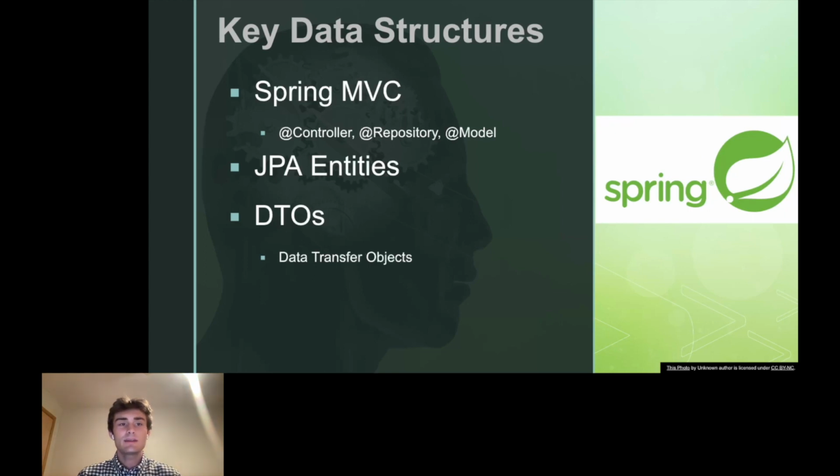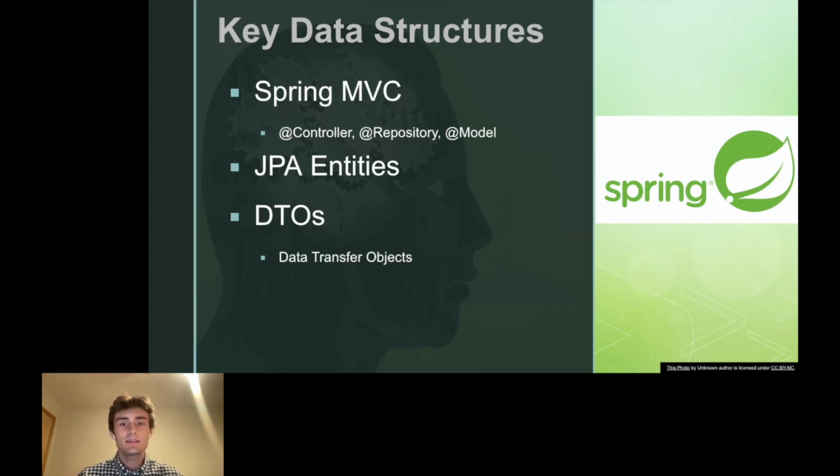Talking about some of our key data structures, our application is built upon the Spring MVC framework, which involves a few key data structures. The Spring controller decorator indicates a class that handles REST routes and methods, so get, put, post, and delete. And methods within these classes will be bound to subroutes, which are invoked when the path is accessed. The repository annotation is used for our JPA and our database connections, and the model classes are used for